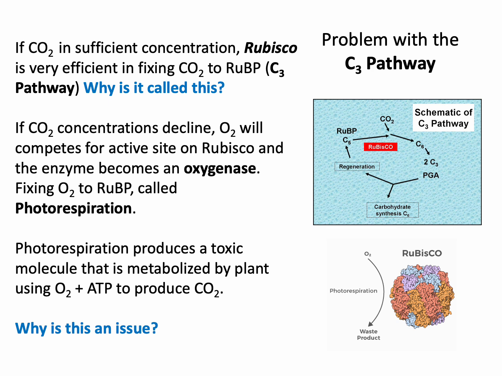how carbon dioxide works. So if carbon dioxide levels are really high, Rubisco, which is a very, very good enzyme at fixing carbon dioxide, will fix it. And it will do so in the way we just talked about in the Calvin cycle, where CO2 will be fixed to RUBP. And because the first product of that, besides that short-lived metabolite, is a 3-carbon sugar, we call it the C3 pathway, right? So this is what most plants are doing all the time. They're taking CO2 and fixing it to RUBP with the help of Rubisco in what we call the C3 pathway.